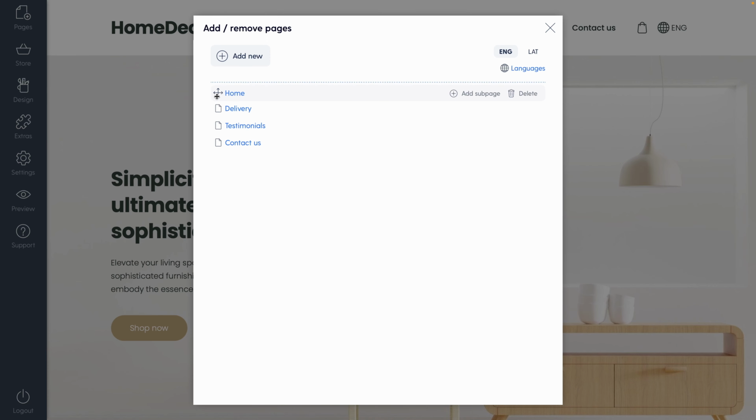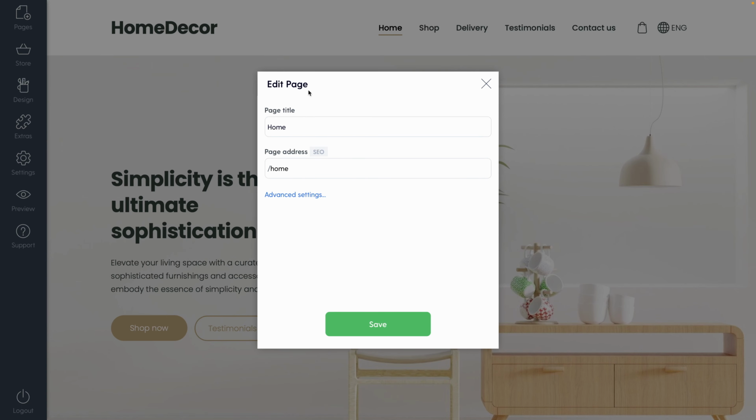One option is to change their order by simply dragging them. You can add subpages and delete the page. However, if you click on the name of the page, you will have an option to edit the page title,